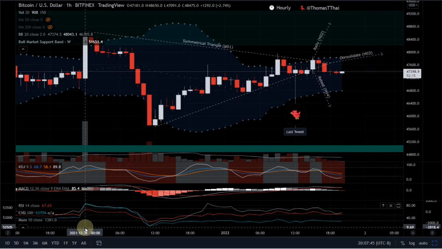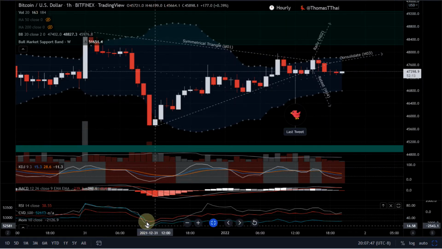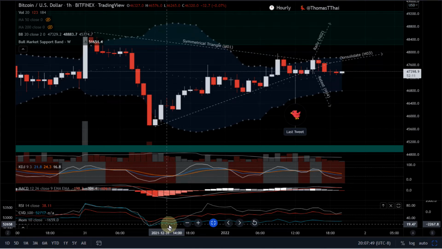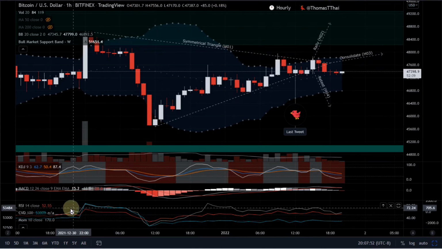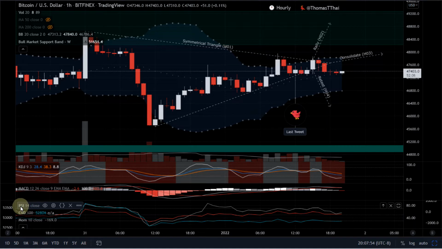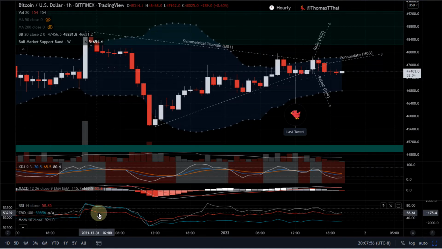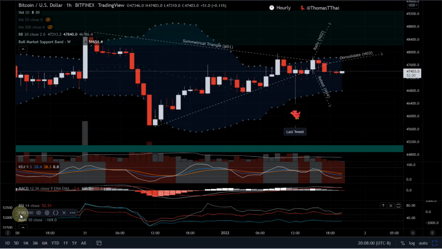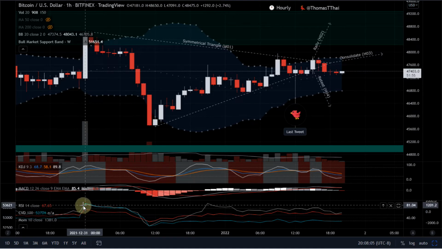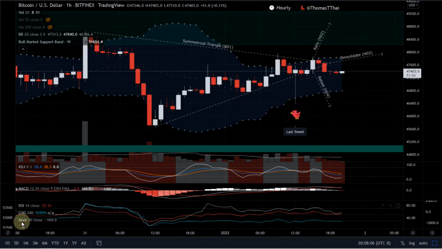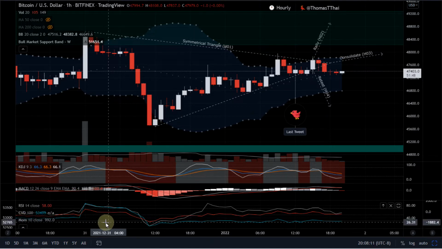Let's go down a little bit further and look at this group of 3 indicators that I like to use together. And that is the RSI, which is the reddish line. So I use R for red. And you get the CVD indicator. I use the cyan or bluish green line here. And the MOM indicator, or the momentum indicator, and that's in white. And I look at all 3 together. When all three